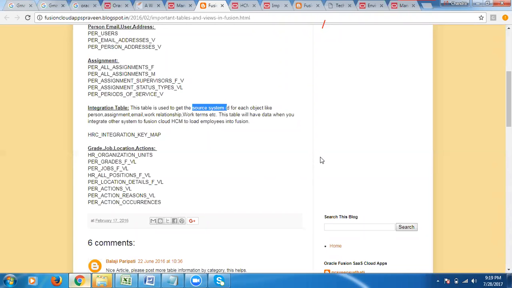Sharif, these all are views only. Underscore VL means view. Underscore V means it is a view. These all are maximum views only. Do we need to configure? Yes. Any other doubts, please enter. Base tables here, it's difficult in the cloud environment. We can say that view name is enough. The same view name we are going to refer to.